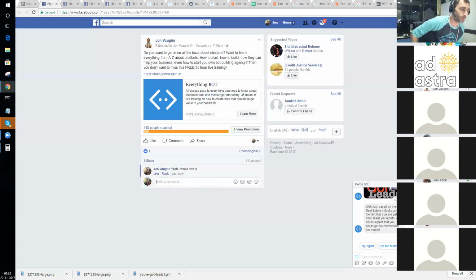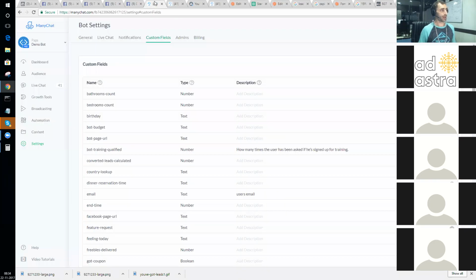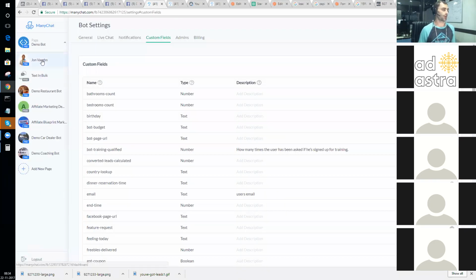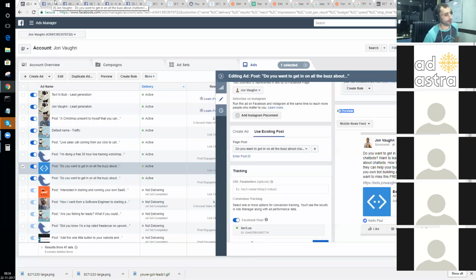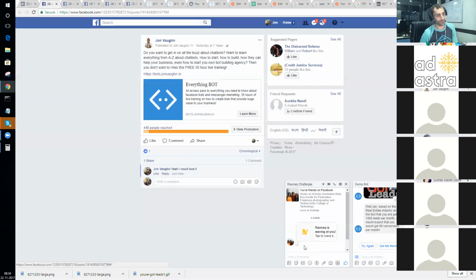So you can see that didn't work at all. The reason it didn't work is because I'm trying to reply to a comment on a post that is not actually owned by the page that is running the bot. It's a completely different page that's running the bot, so it's obviously not going to work. If I wanted that to work, I should have set all this up from this John Vaughn page instead of from this demo bot page. So that will only actually work if